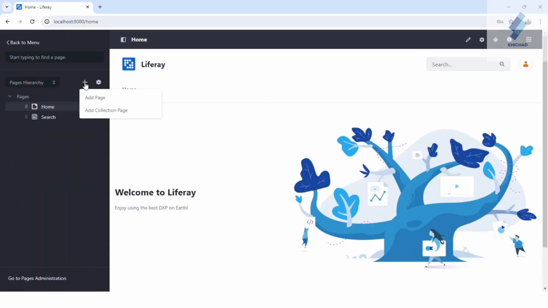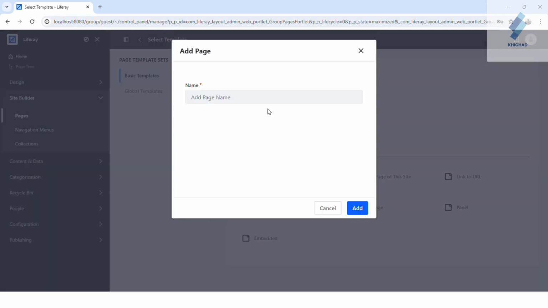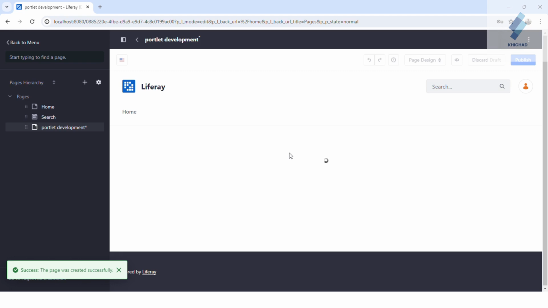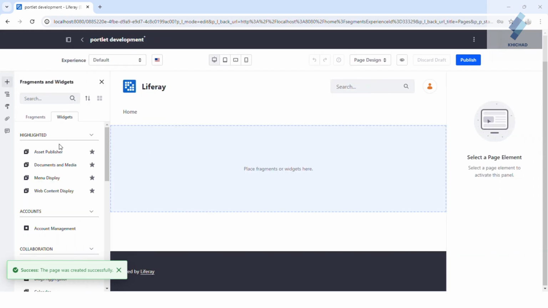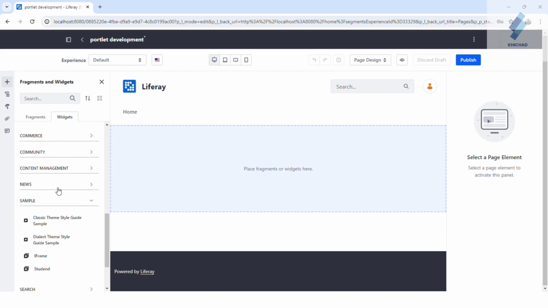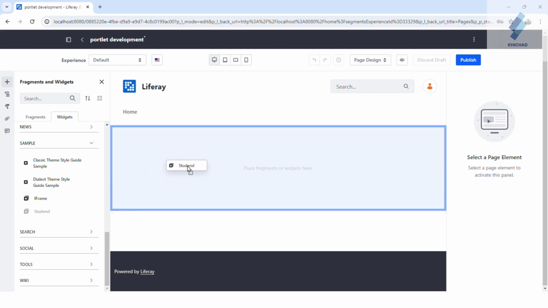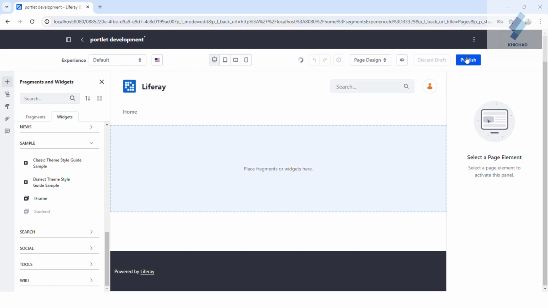I'm creating a new content page and giving the page the name portlet development. Then go to the widgets, go to sample, and find your portlet name. My portlet is here, so I just drag and drop it on the page and click on publish.